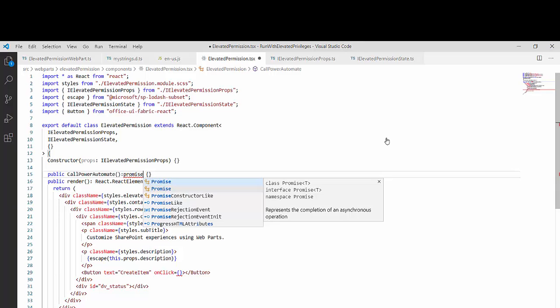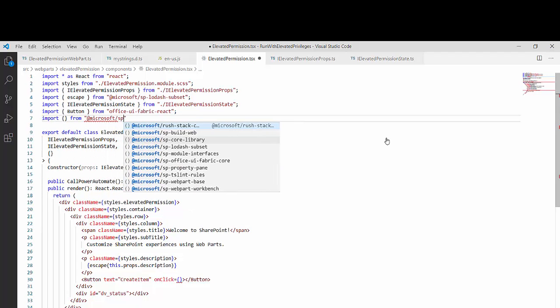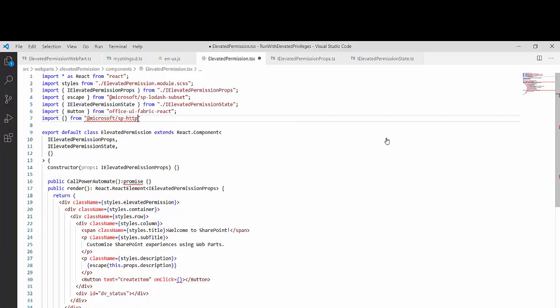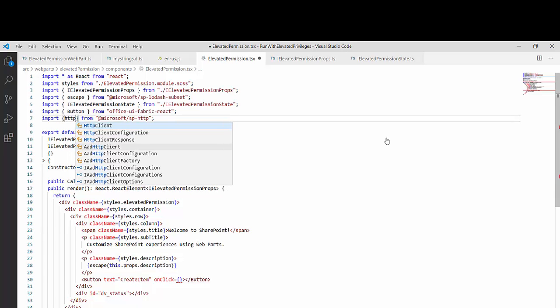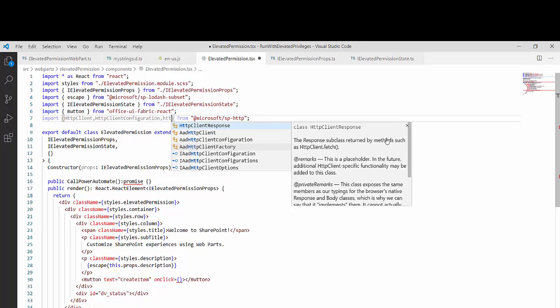So for that I will be importing HttpClientResponse. Let me import that from @microsoft/sp-http. This is my service, and from this I will import HttpClient, HttpClientConfiguration, and HttpClientResponse.